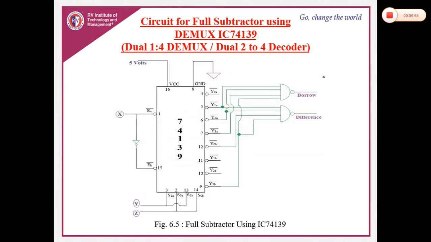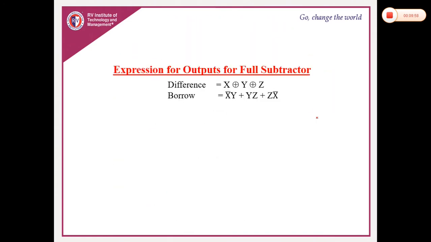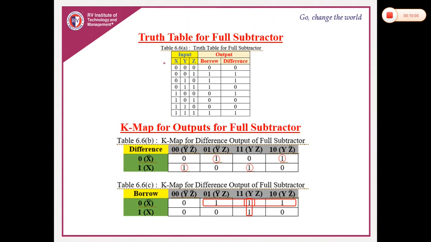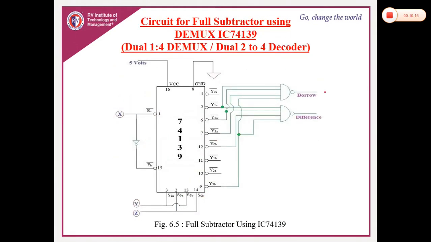Final thing, how to use this as a full subtractor. You can just see the full subtractor truth table now. Here also there are 8 combinations. X and Y are very important. X, Y, Z are the inputs. Now please remember 0, 1, 1, 0. On the output side I will tell you 0, 1, 1, 0 and 1, 0, 0, 1, just like the sum. So in order to get the difference output, it is 0, 1, 1, 0, 1, 0, 0 and 1, right?